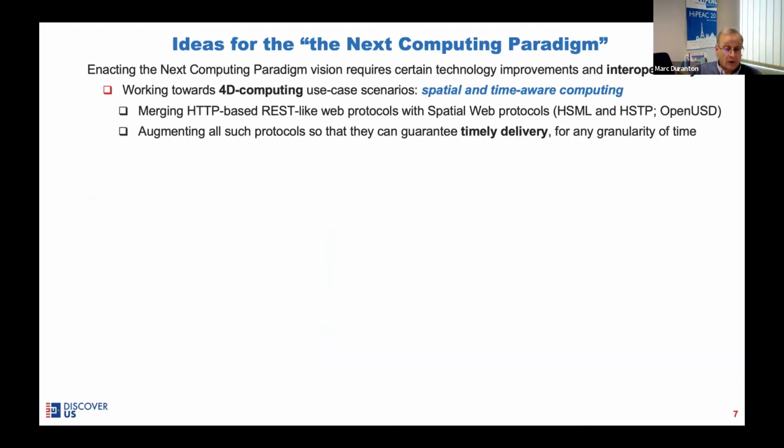So for example, it could be to merge the HTTP REST-like web protocol with spatial web protocols like HSML and HTTP or OpenUSD, even if they are not at the same level. So augmenting all these protocols so that they guarantee time delivery for any granularity of time. So this is this time